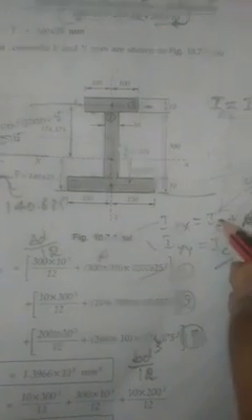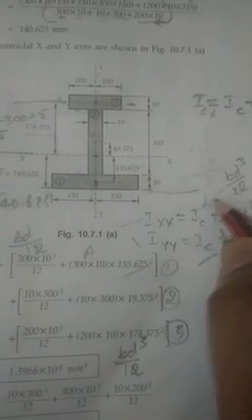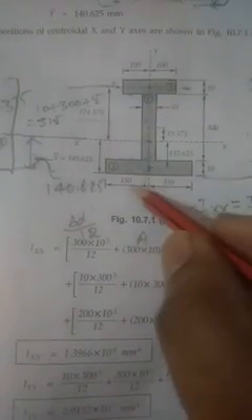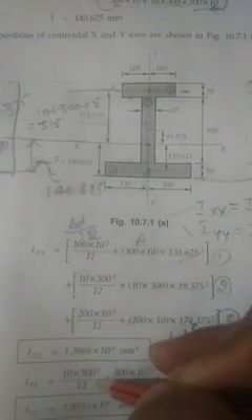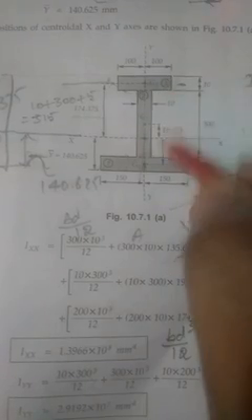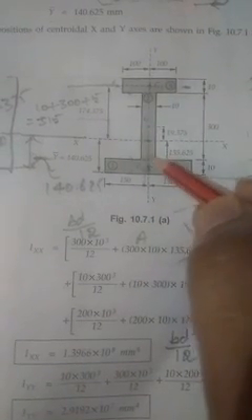Next, whatever the Iyy is, that is equal to Ic. Ic is what? bd cube divided by 12. So you have to take only the bd cube divided by 12 equation. Write Iyy is equal to bd cube for the first section, second section and third section, separately. You take b as this one, this as the depth. So 10 into 300 cube divided by 12, that is the first equation. Second one, see here, this is 300. 300 into 10 cube divided by 12. This is for the second section.